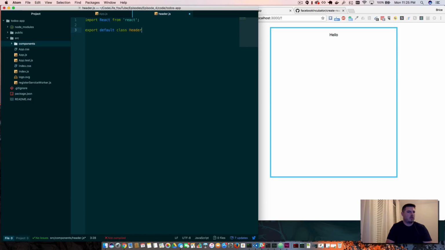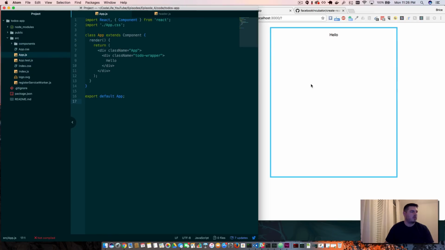Class, say Header, and we want to extend from React.Component. And we'll call the render function, which tells what we actually want to return back. And let's just do an h1 tag, call it React to-dos. So it's kind of pointless. All we're rendering is this single tag, but just so you can see kind of how this would work. If we go to app.js,